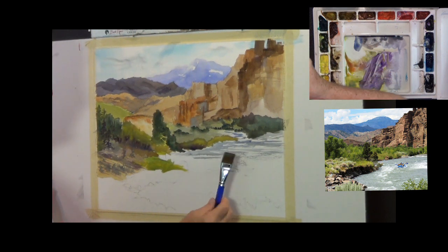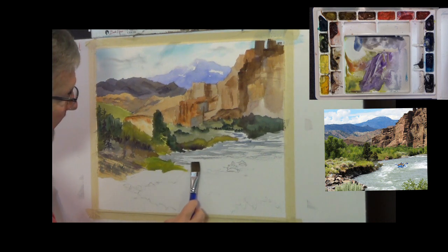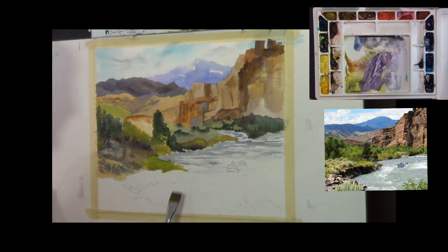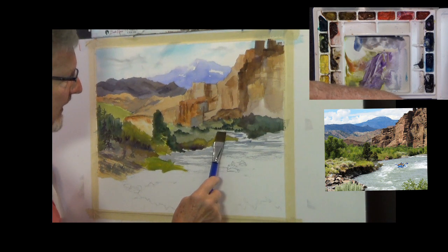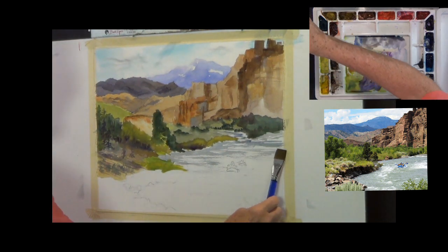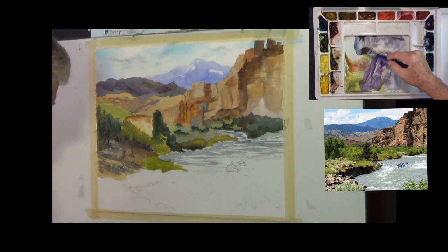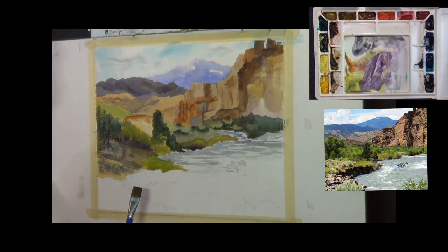Flatten the brush out, almost laying it down flat. It's usually calmer back in here, so I can kind of fill this all in. Although there would be some natural rough texture back there. Okay, is it starting to look like it's a river? A rushing river? Yeah, I'm liking that. Same colors, pretty much, not too much change in these colors. This area down here is where the